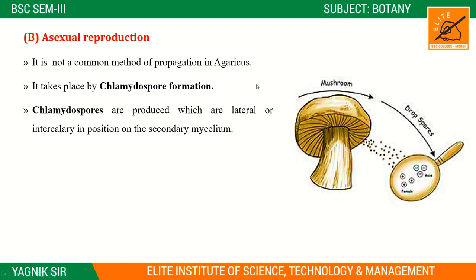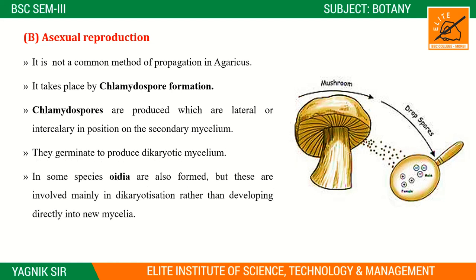And on the pileus, on the downside, many gills are present and these gills produce the spores, right? તો આ જે spores છે અહીંથી નીકળતા તમને દેખાય છે, right? તો આ જે mycelium હશે કેવું હશે? સેકન્ડરી myceliums. So they germinate to produce dikaryotic mycelia, and some species have produced